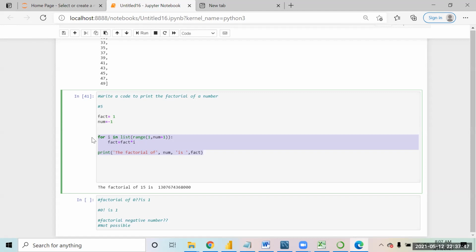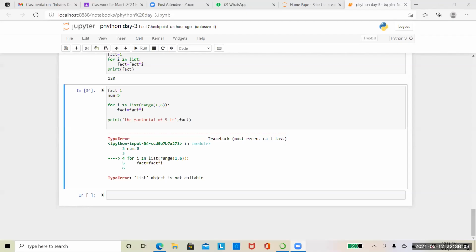Hi, Amit. I'm having some error in the previous one, the factorial one. Can you share your screen? Yeah. And you have an extra comma that I see in the code that you have shared now. Are you able to see? Now I can see.